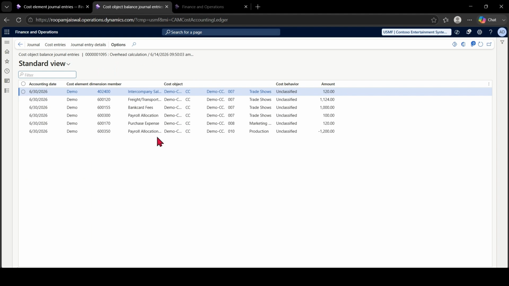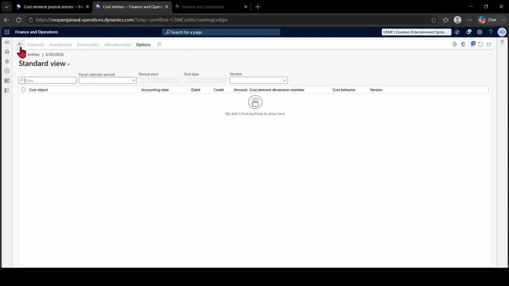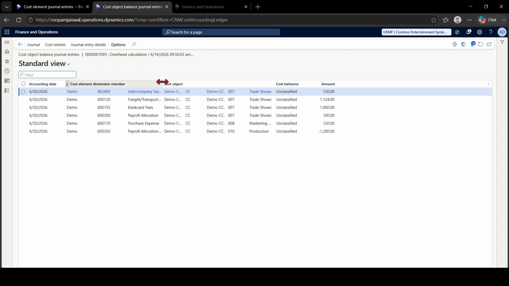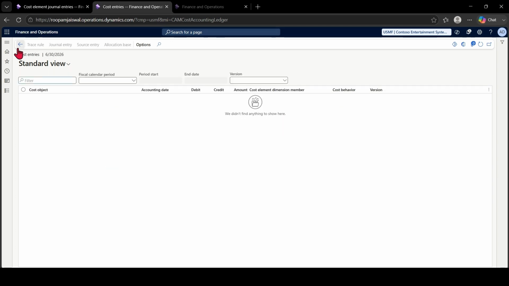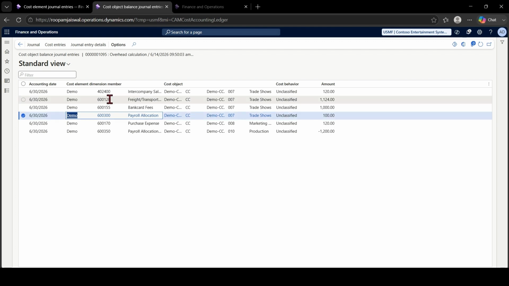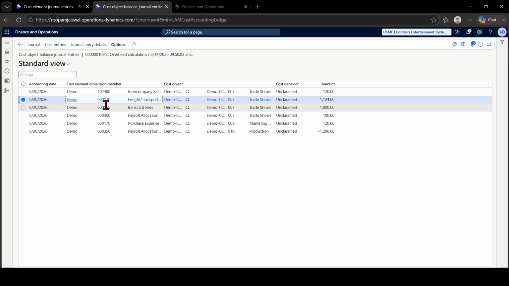So you can see that all the lines are appearing, but when you click on the cost entries, you will not have any entries, because when I'm actually doing a distribution, I am not selecting all the accounts. I have only selected this particular account. So you can just select, there are no cost entries for this, right? You can check one more, there are no cost entries for this because there is no formula attached to this particular account. So my account selection in the distribution is this particular account and this cost center.